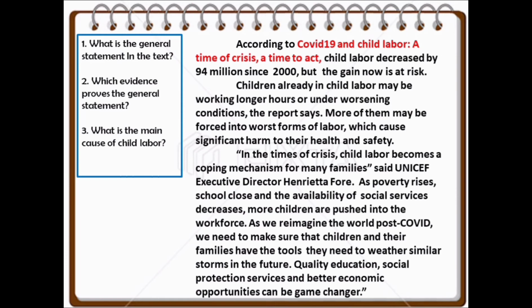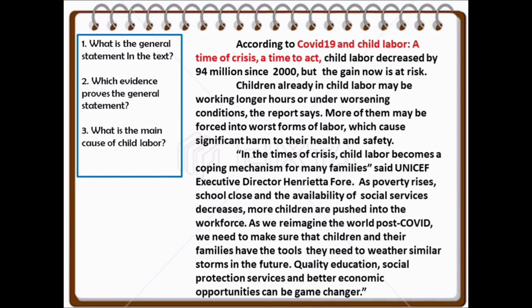Child labor decreased by 94 million since 2000, but the gain now is at risk. Children already in child labor may be working longer hours or under worsening conditions, the report says. More of them may be forced into worse forms of labor which cause significant harm to their health and safety. In times of crisis, child labor becomes a coping mechanism for many families, said UNICEF Executive Director Henrietta Fore.